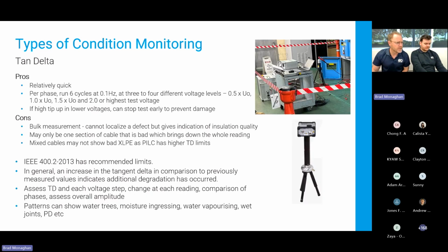Okay, so the pros of tan delta testing is it's relatively quick. To meet the standard, what you'll do on each phase, so on your red phase, your white phase, your blue phase, is collect 6 data samples at each one. So you want to let 6 cycles of electricity run through it. So it's 60 seconds really, at 3 to 4 different voltage levels. Generally what's accepted is